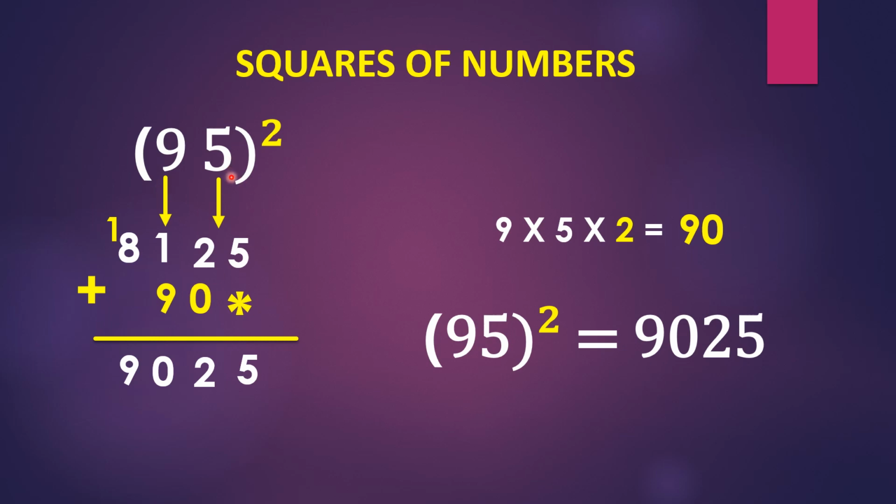When the digit in the units place is 5, I'll make one video. There's one more very easy technique to find the square when we have 5 in the units place, multiplying with the same number. I can show you here, see 9. What comes after 9? It is 10. 9 10s are 90. 5 5s are 25. Directly you can write the answer.